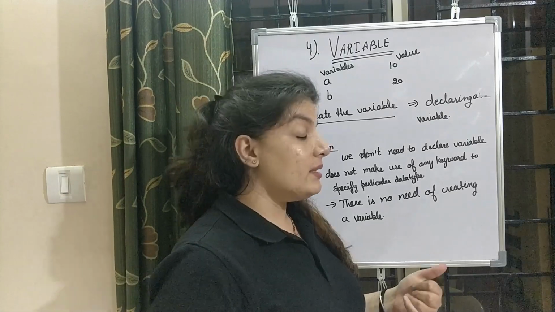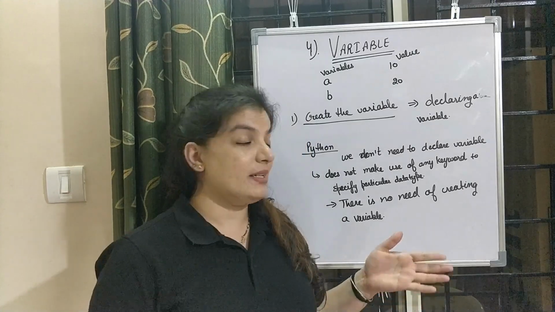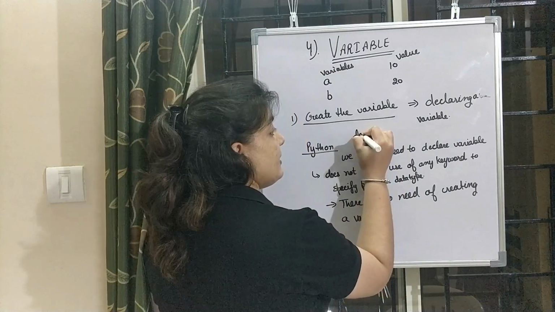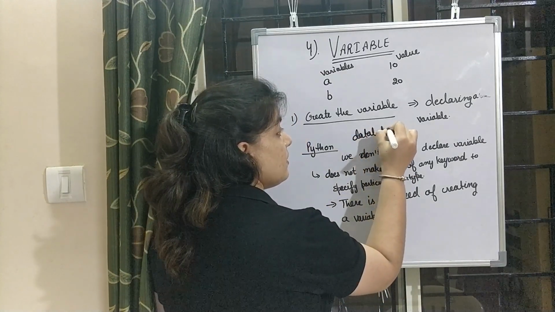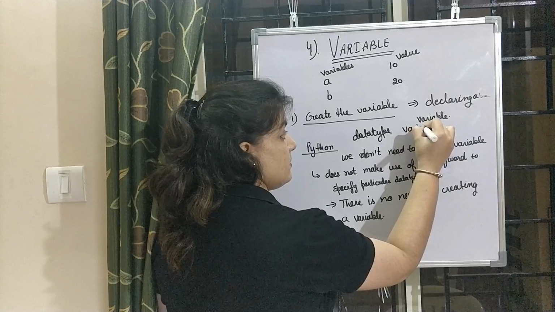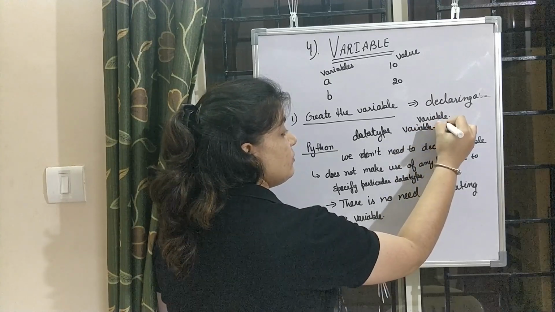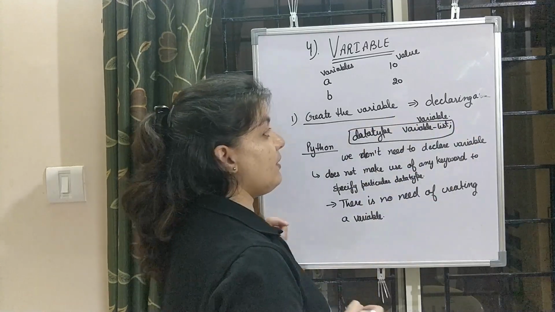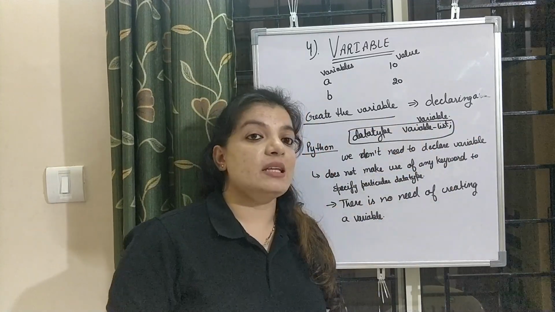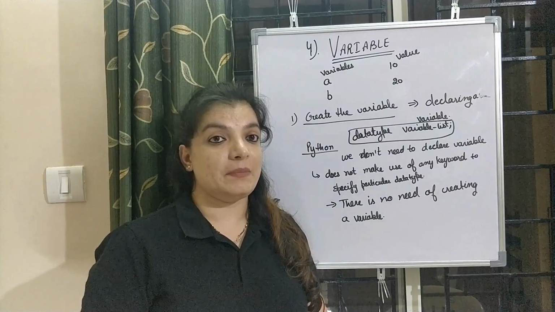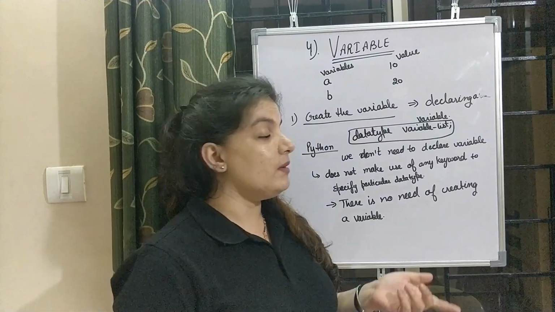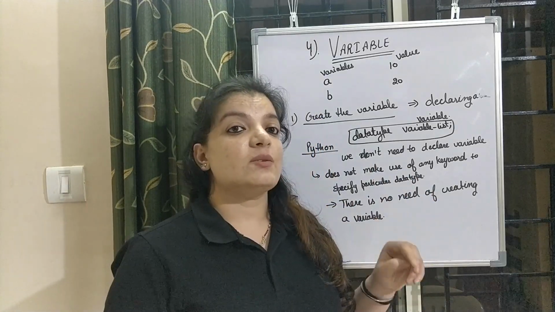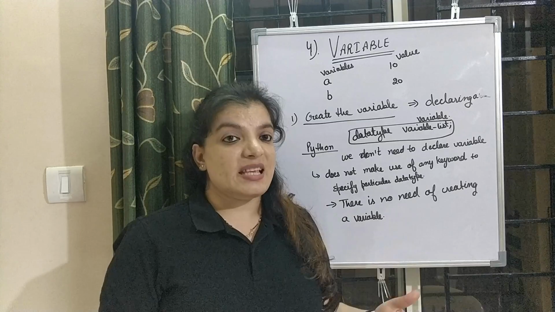So this is the syntax in C, Java, C++, which are compiler based programming languages. In that, the syntax of creating a variable is data type and variable list. As I told you, I have discussed data types in my previous video, please go and watch that video. And variable list means in this we can declare more than one variable, or only a single variable.